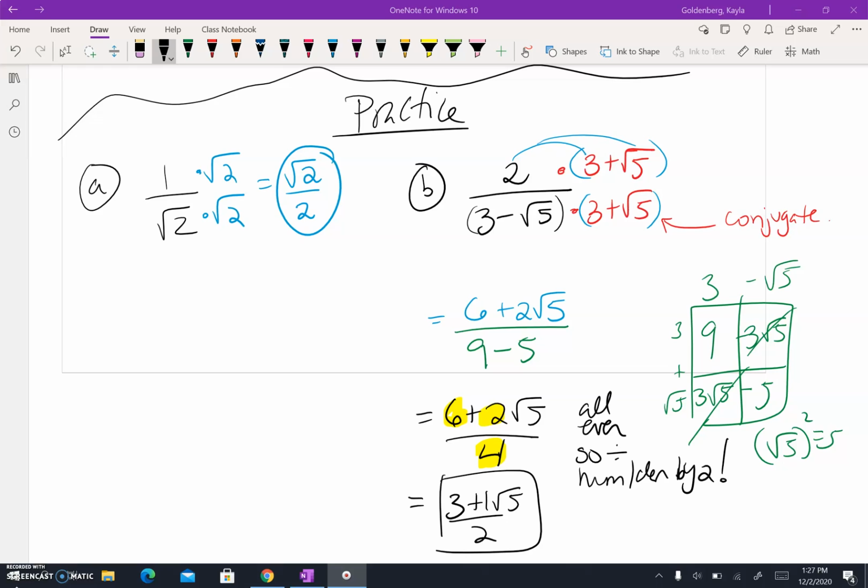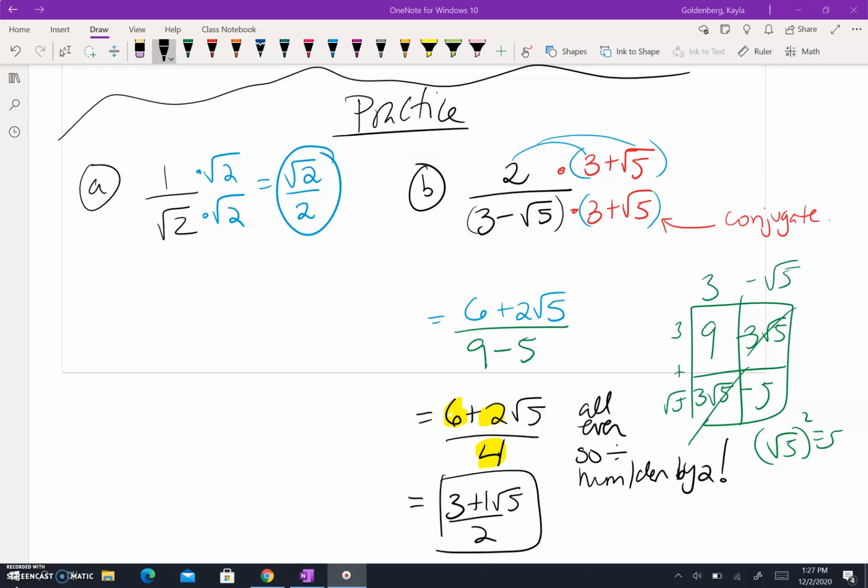The difference of squares works out nicely because both of the pieces with the square root of 5 are going to cancel out. One's positive, one's negative. And then all you have is 9 minus 5 or 4. You do also need to distribute that 2 in the numerator to the 3 plus the root 5. I find that putting parentheses helps me keep in mind that distribution and not accidentally partially distribute,